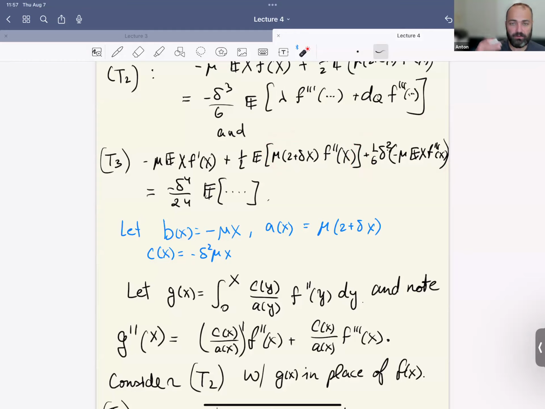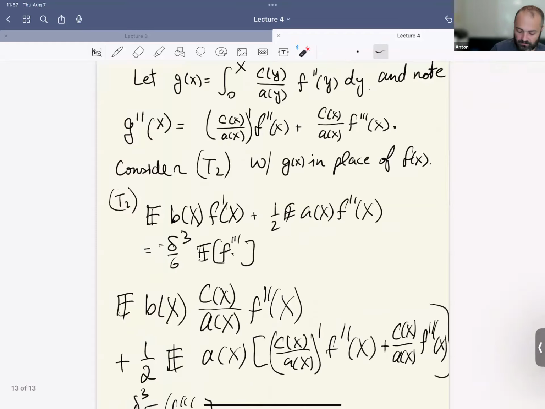And the trick we did was basically relating the derivative of a function to one higher order of derivative of the function. In other words, with this trick, we could, in theory, relate the fourth order term to the third order. Then we take the resulting third order term and relate it back to the second order term. And iteratively, like this, we can technically relate arbitrarily high order terms back to second order. Now, of course,